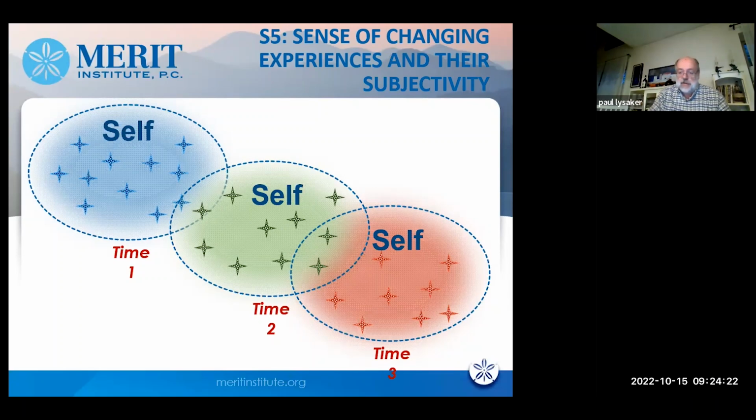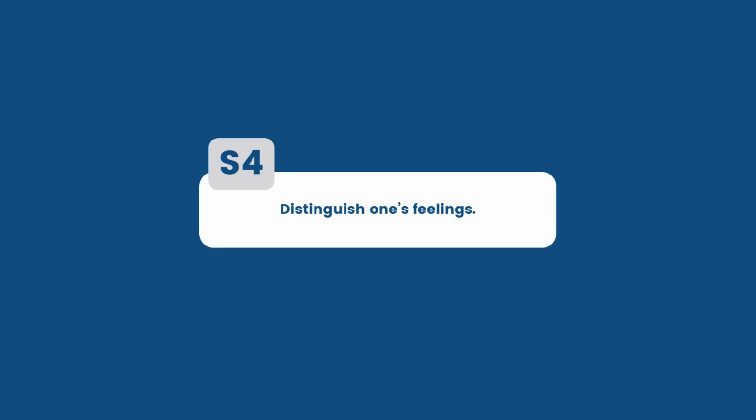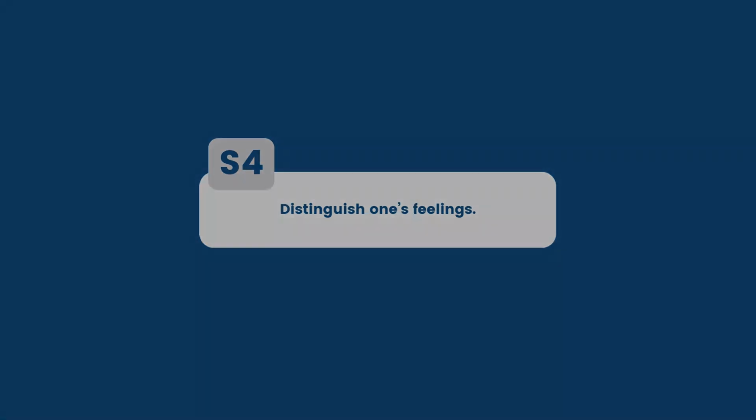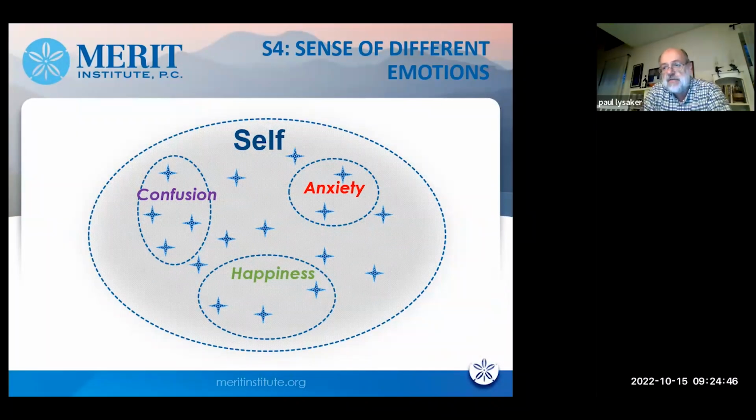And we think that to be able to do this, you've got to have, even within this sense, I'm pointing to my screen. I don't know why, because you can't see me point. But here, to be able to do this, you've got to have even one of these first selves to begin with. And this is a self where there are multiple things happening. There are emotions, and there are different thoughts and feelings going on. There are different mental activities, and this is S4.